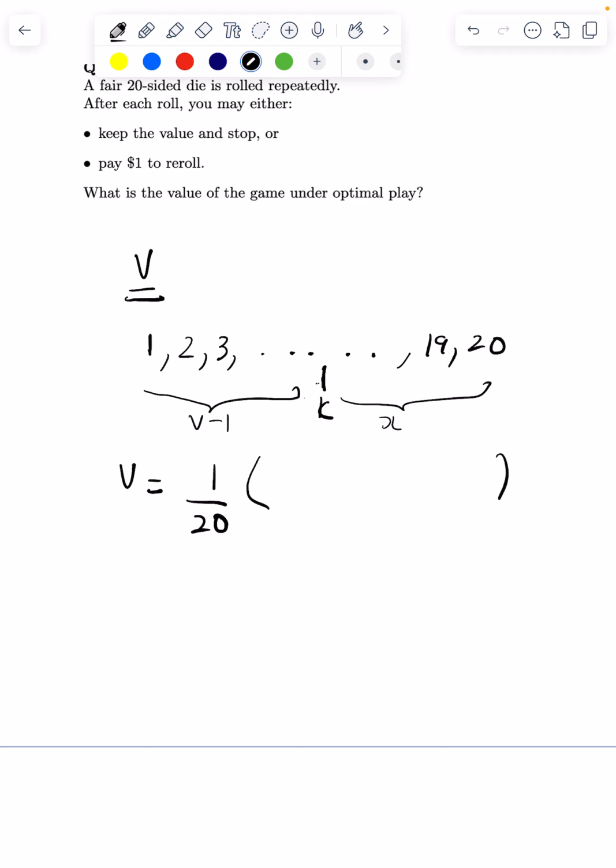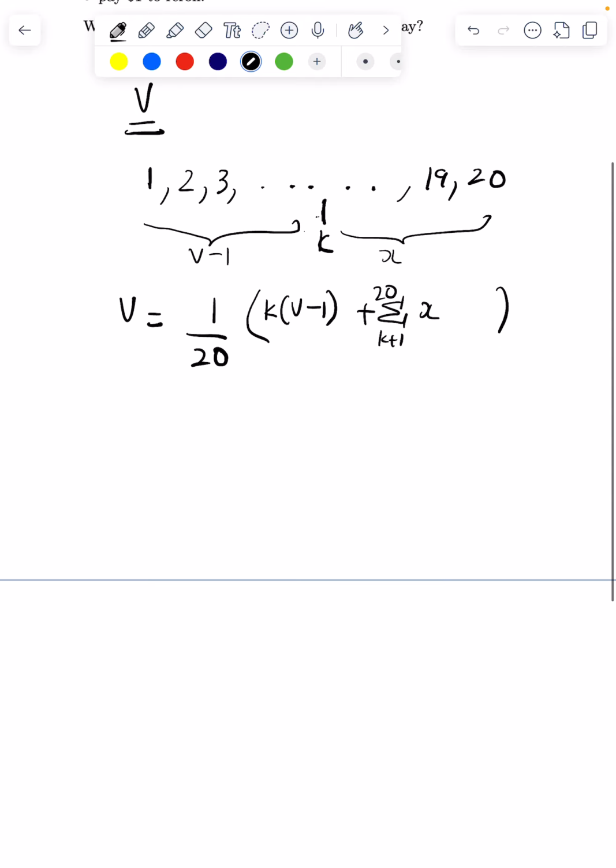So it would be 1 by 20 into K into V minus 1, plus the summation of all the numbers from K plus 1 till 20, that is, the summation of X from K plus 1 to 20. So if I have to further solve this equation, I'd have V equals 1 upon 20 into